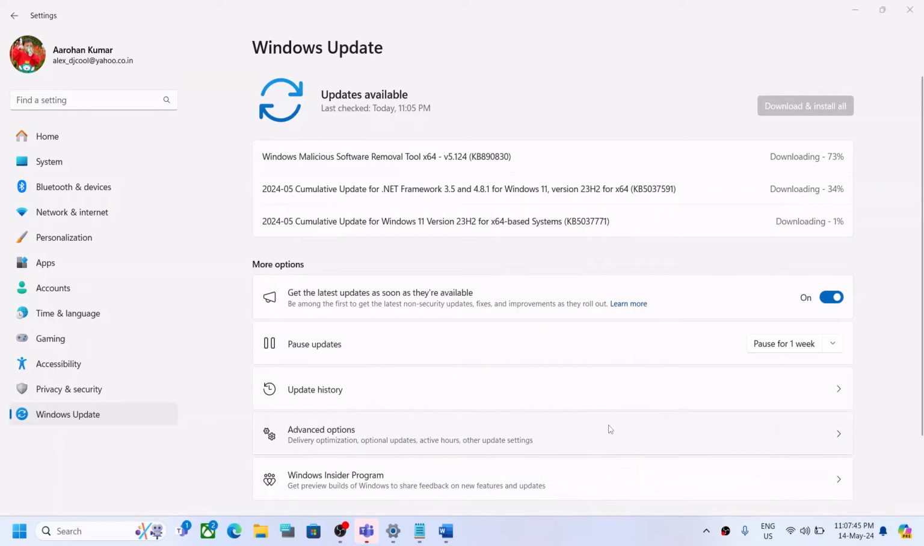Today in this video I'm going to show you how to fix when you're unable to install this update, that is KB5037771 or KB5037591. So if you're unable to install these updates on your Windows 11 computer, then please follow the steps shown